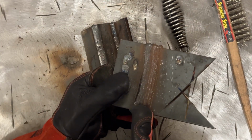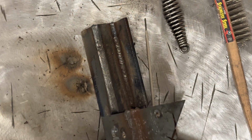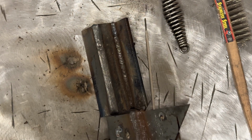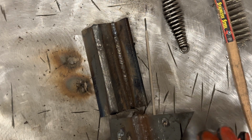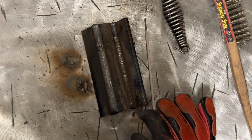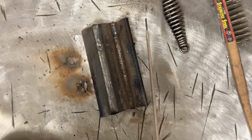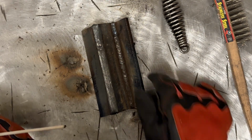So this is 1, 2, 3, 4, 5, at least 7 passes this wide. We want 2 passes in there, and if 2 isn't enough, we might actually have to do 3. We'll see. This is a pretty wide groove here. We could have had it a little bit tighter and it would have worked a little bit better probably. But